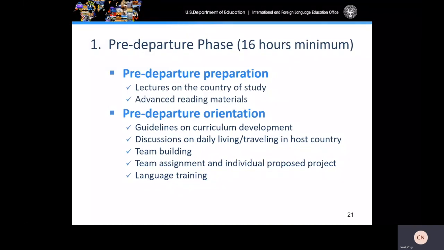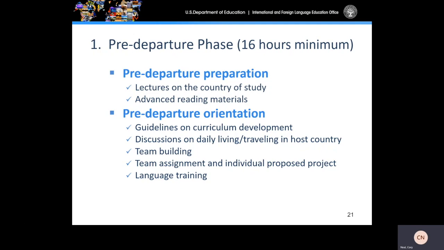Also, advanced reading material should be sent to the participants several weeks prior to the pre-departure orientation. For the pre-departure orientation, we also suggest that the applicant include guidelines on curriculum development if that is applicable to your project, discussions on daily living and traveling in the host country, team building exercises for your participants, team assignments and individual proposed projects, and of course, language training.